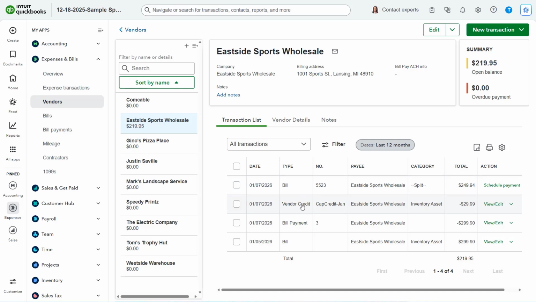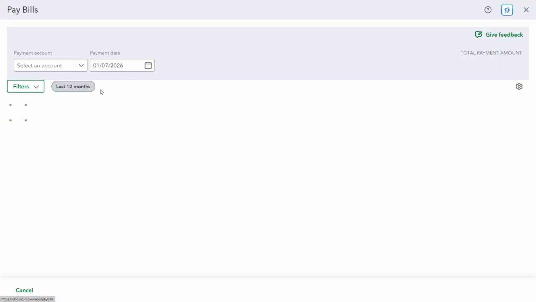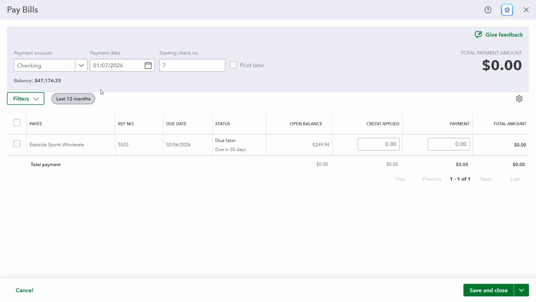To apply a vendor credit to a bill in QuickBooks Online, hover over the Create button in the navigation bar. Then click the Pay Bills link under the Vendors heading in the drop-down menu to open the Pay Bills window. To select the account from which funds are drawn to pay the bills, use the Payment Account drop-down at the